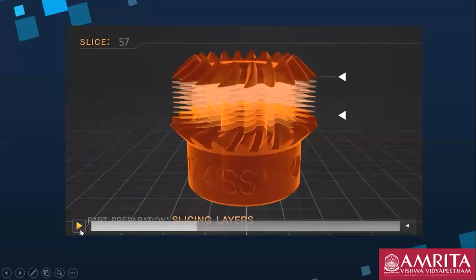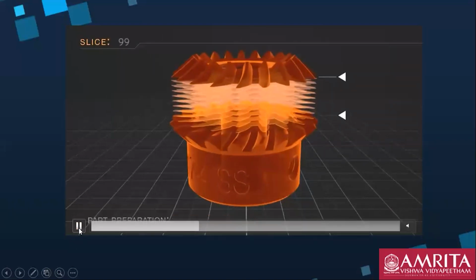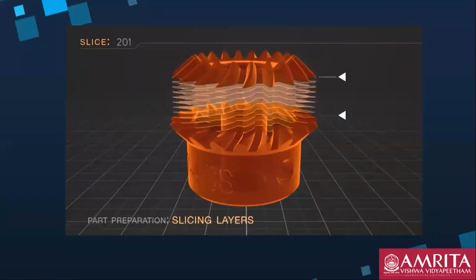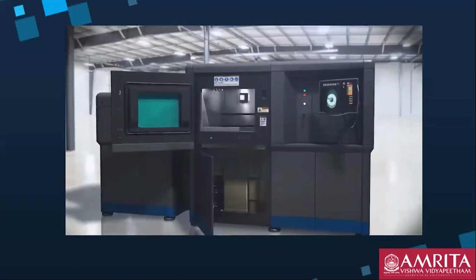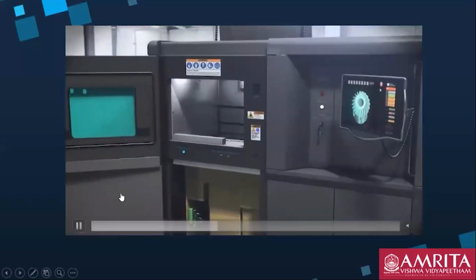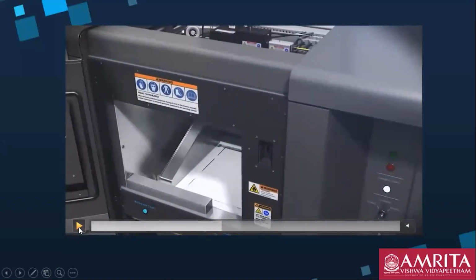Whenever you give a 3D file to any of the printers, it slices your whole 3D object in layer form like this. Slicing layers.